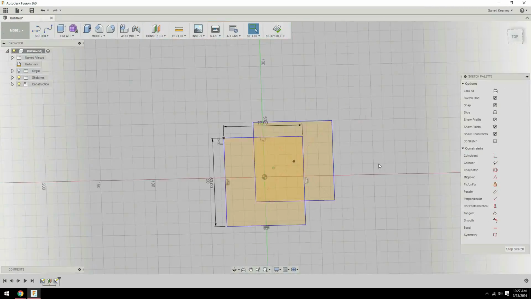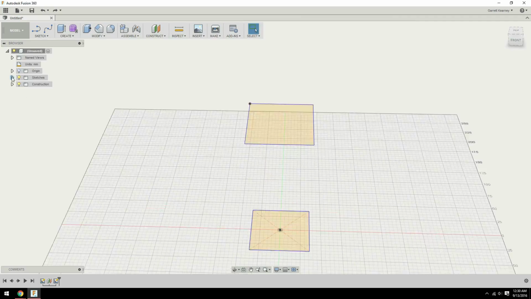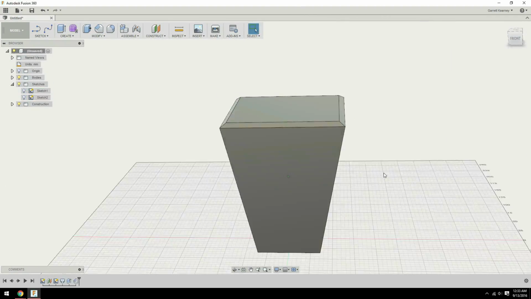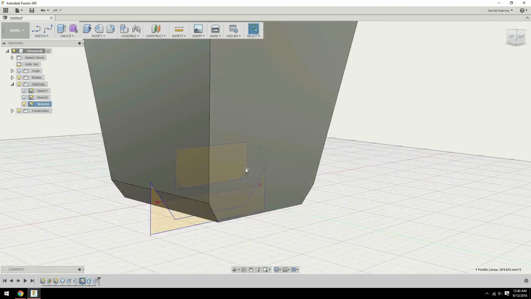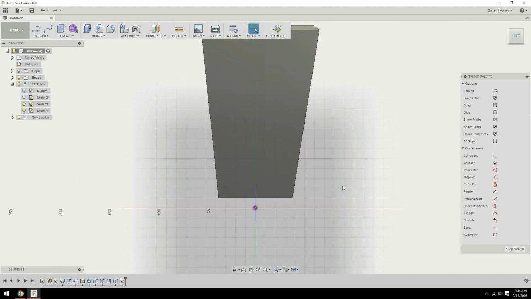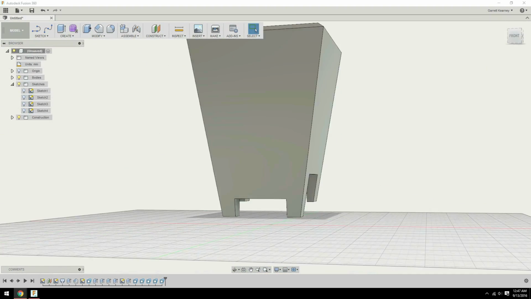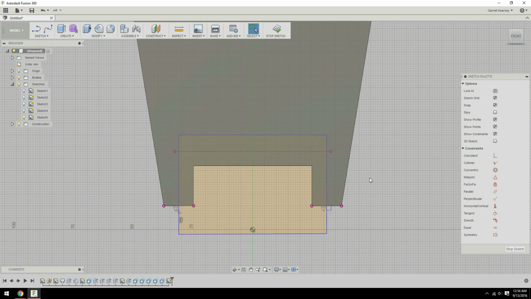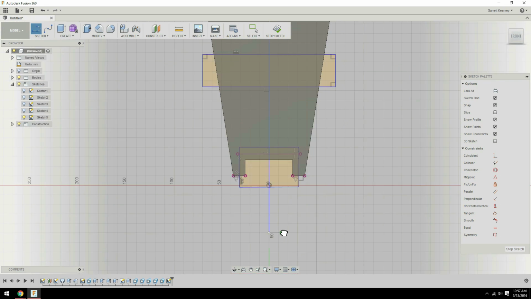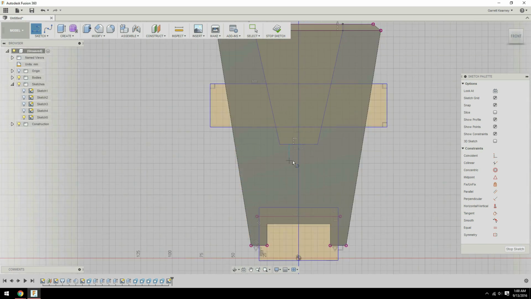So in order to get the main body shape, I started with a sketch that was roughly the size of the bottom of his main body. And then I moved a sketch up a little bit farther to be the top of his body that's a little bit bigger because he is kind of an upside down pyramid type shape. Then I just used the loft tool to move from one to the other. And that gave me the basic body shape,